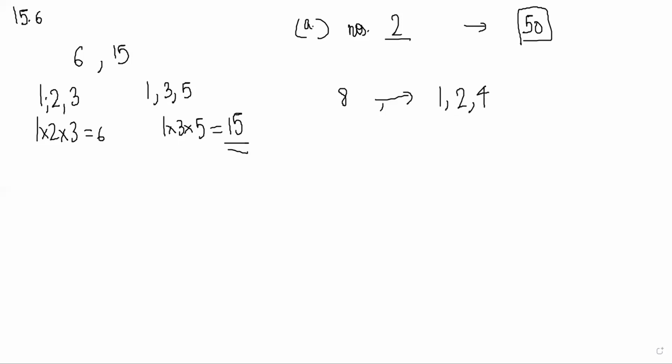We will find some other numbers. Wait. 21, let's see. Yeah, 7 into 3. So 1, 7, 3, that is fitting this pattern. You are saying it has to have only 3 other divisors. Yeah, so it can be either a cube or a product of 2 distinct prime numbers.